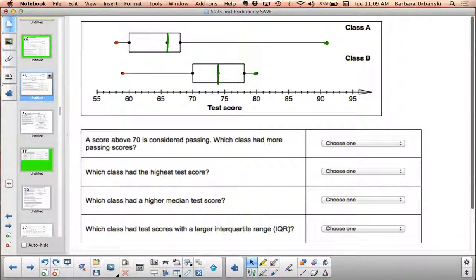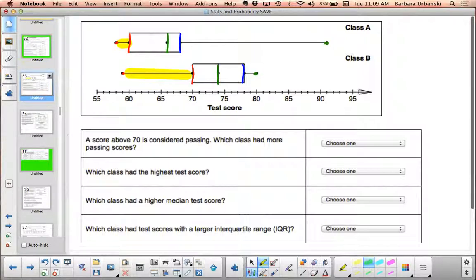And then we can further take a look at our first quartile, which is the far left of our rectangular box. That is the first quartile or the lower quartile. And then we take a look at the green, which is our median score. And then on the right side of our box, we have the third quartile or the upper quartile. And again, we need to realize that there is 25% of our information here,